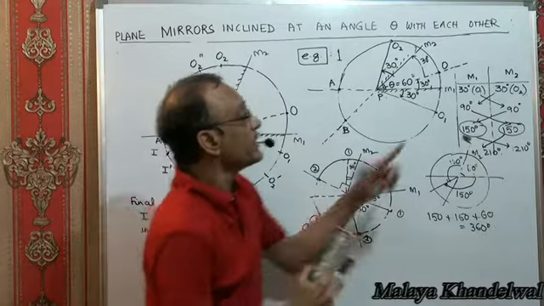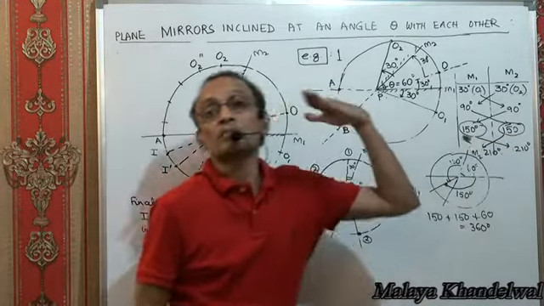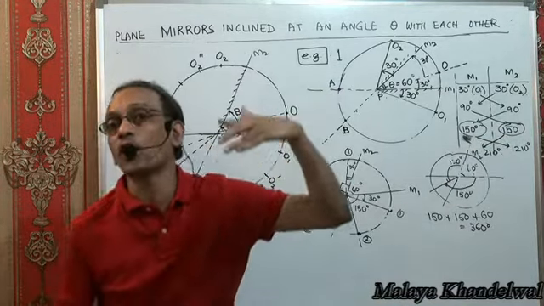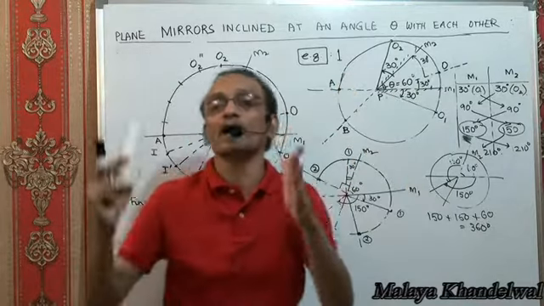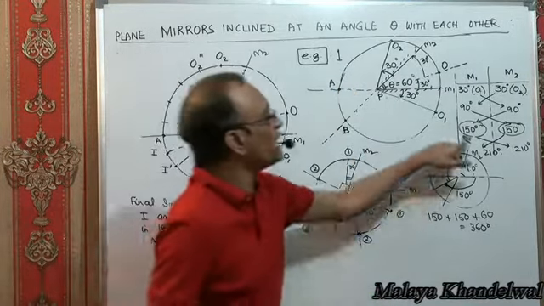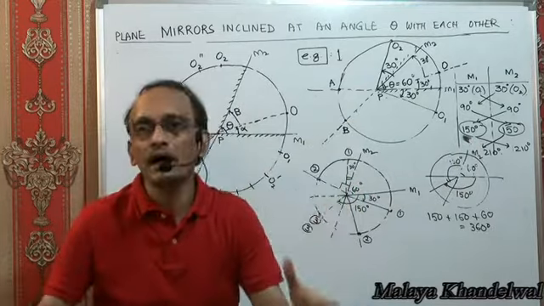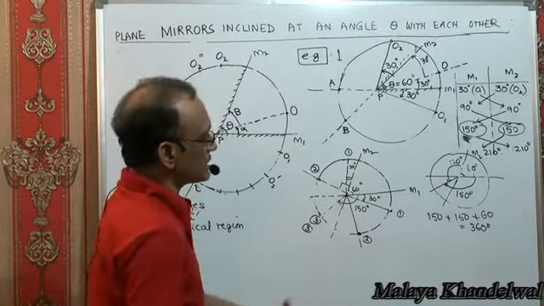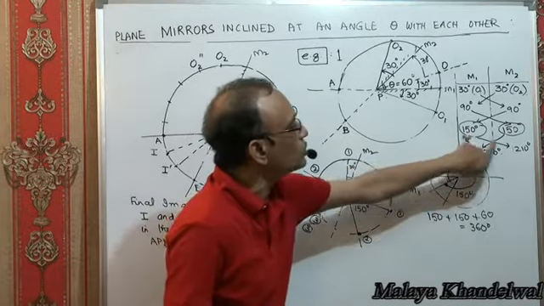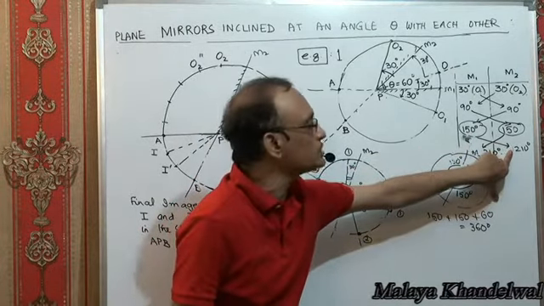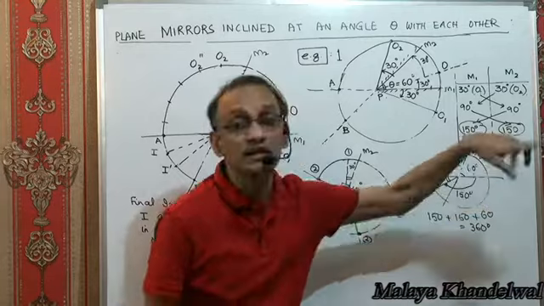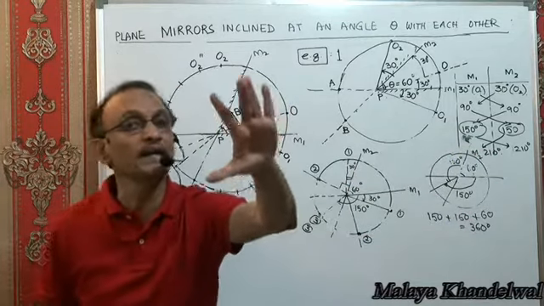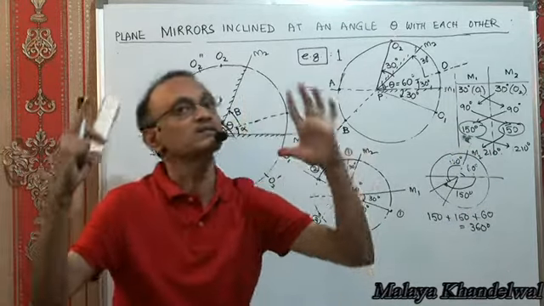The moment any one of these angles becomes 180 or more, I have to stop there. So in this case, I have to stop here because adding more to this will become 210, more than 180. So even if one becomes 180 or more, I have to stop, because